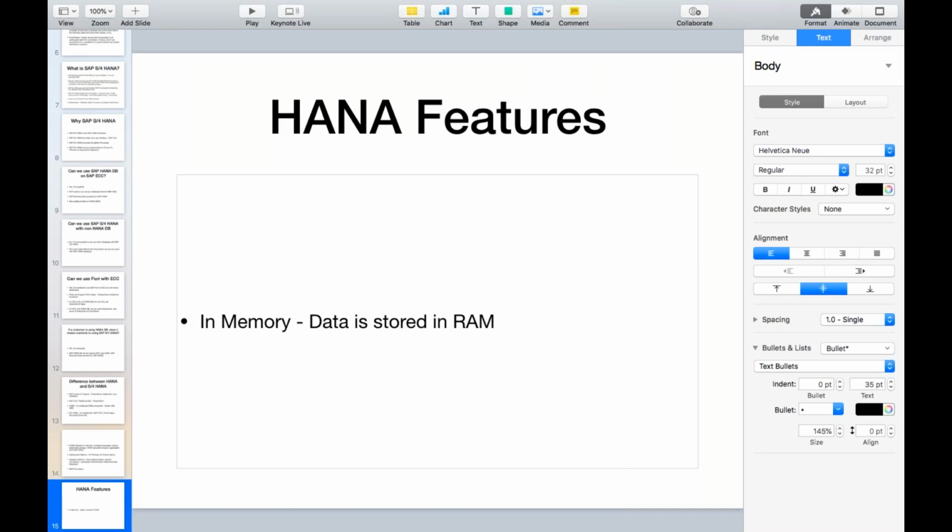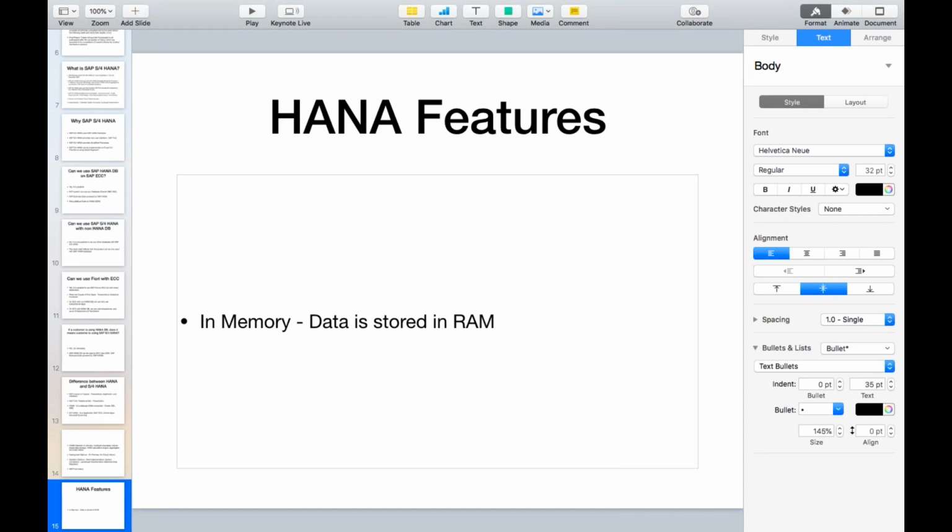Now, when SAP thought of coming up with their own database, they tried to solve these issues with the temporary memory. They came up with a solution where even if the power goes off,